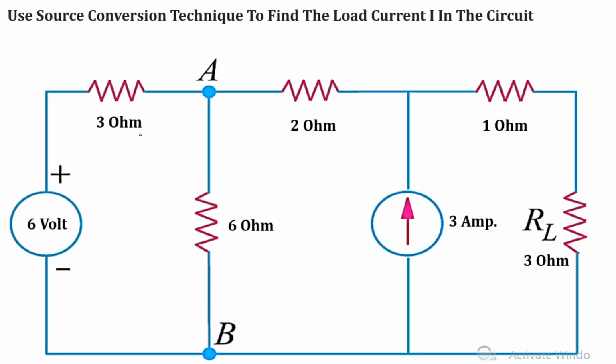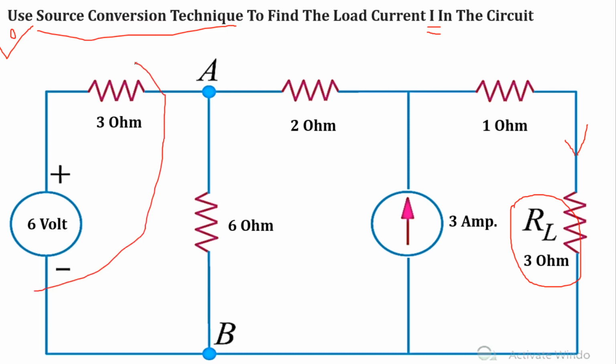So let's solve one small numerical based on the source transformation theorem. So what is the statement? Statement is, use source conversion technique to find out the load current I in the given circuit. So we have to find out the current which flows through this load resistance. We have to use source conversion technique. That means we have to use the source transformation theorem. Clear? So here first step, we have to convert this voltage source with series resistance into the current source and